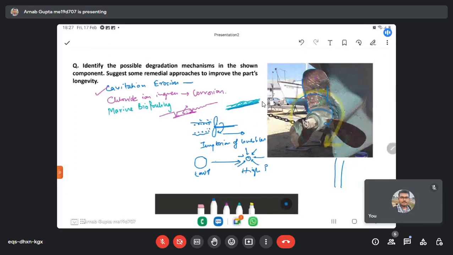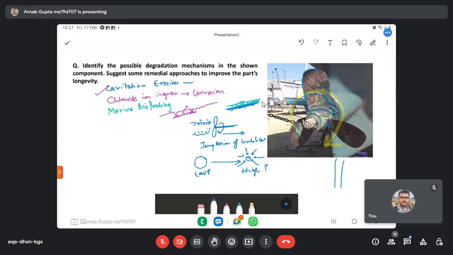So as a result, what happens beneath this layer? You will see that the corrosion starts and it aggravates very soon, and it's difficult to address such type of corrosion. So to prevent that, what we can do is we